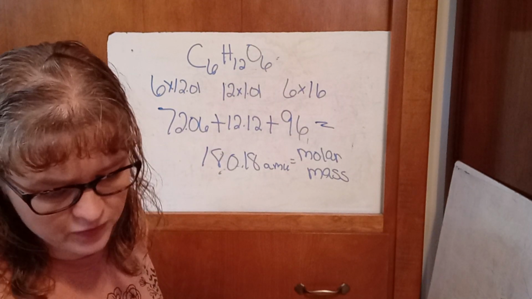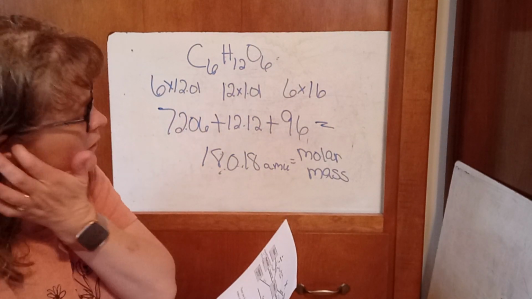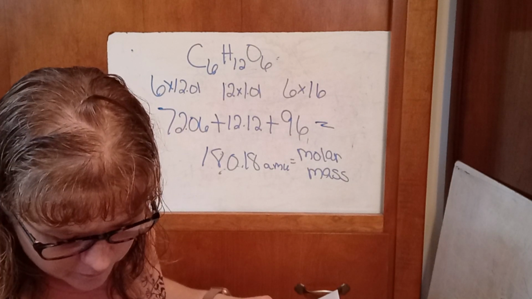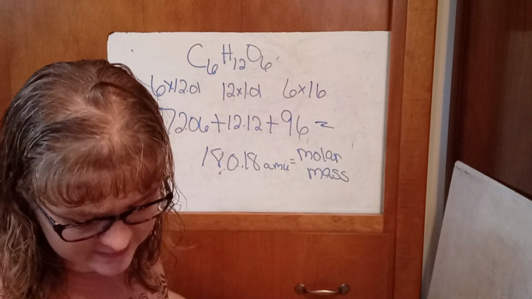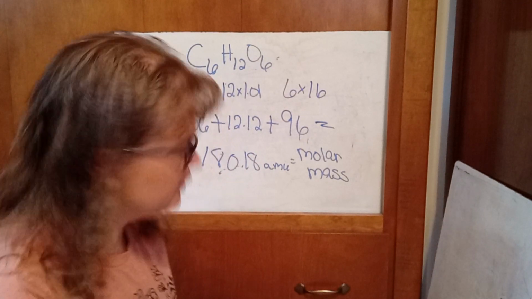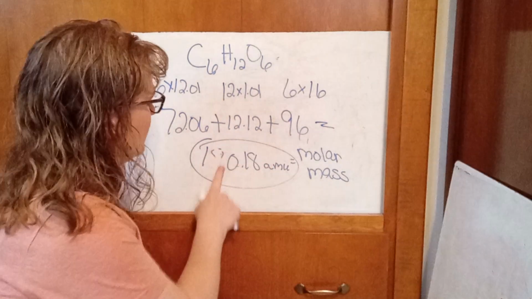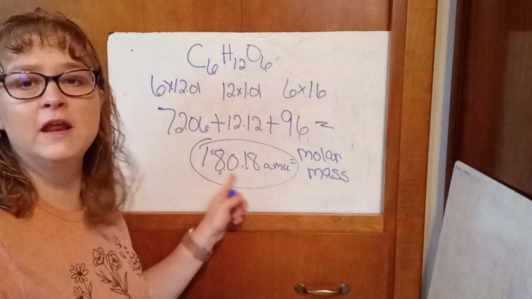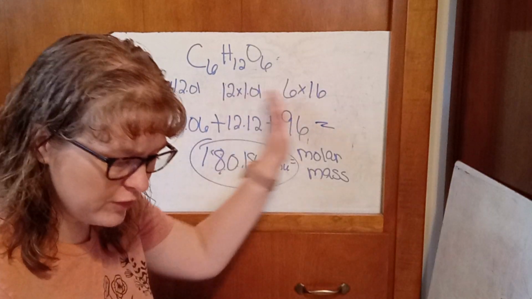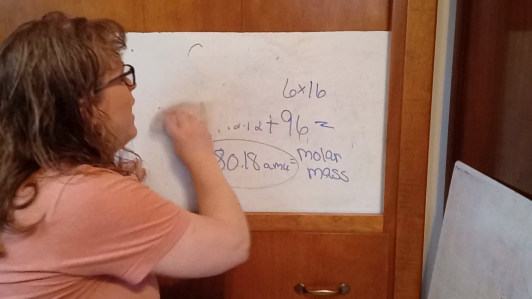Okay. And then we can use our cheat sheet to look at what we know. It says, what is the mass of a single molecule of this? So a single molecule, 180.18 AMUs is a single molecule. We just add up each individual component of the molecule. Okay, so now that we know that,